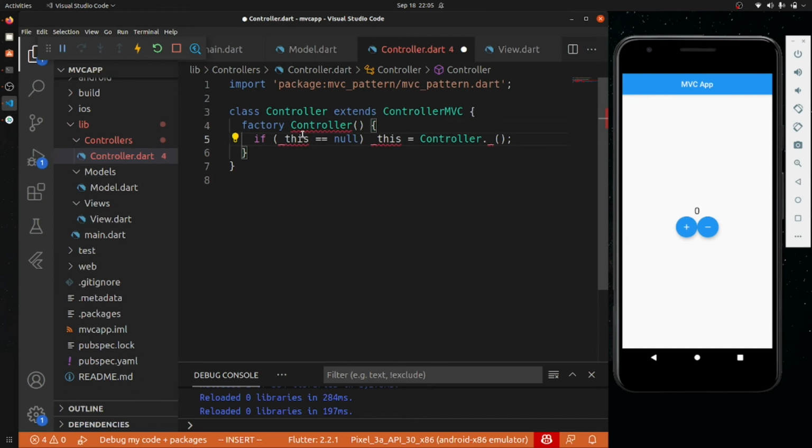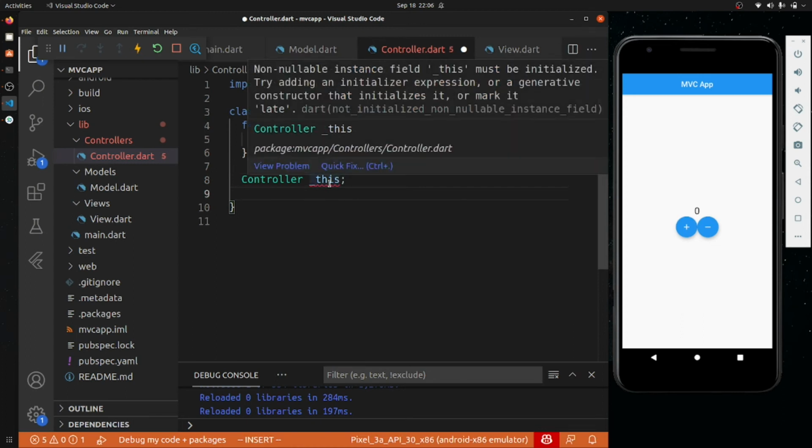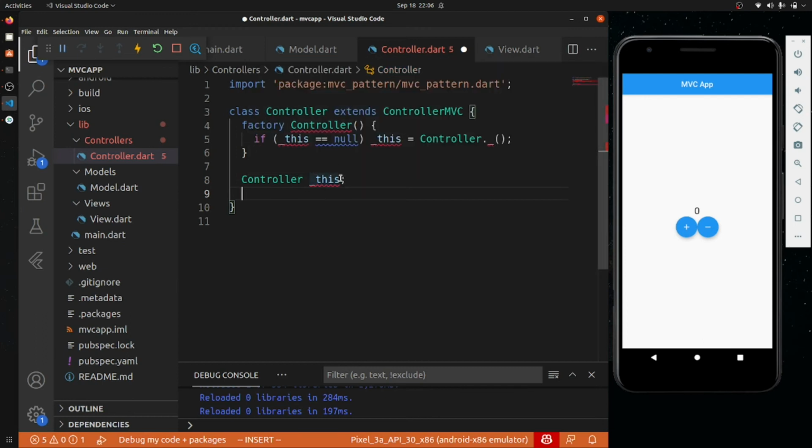So what is this? We have to create something like this. We will go with the controller and we will be creating this. So this will do everything. Why is it showing us the error, must be initialized? One more thing, controller dot. So this is the stuff. Let us go here, and should I give it a static?